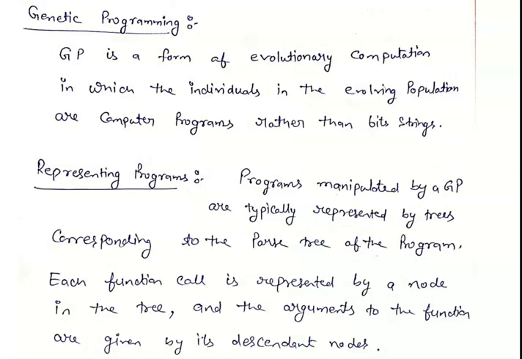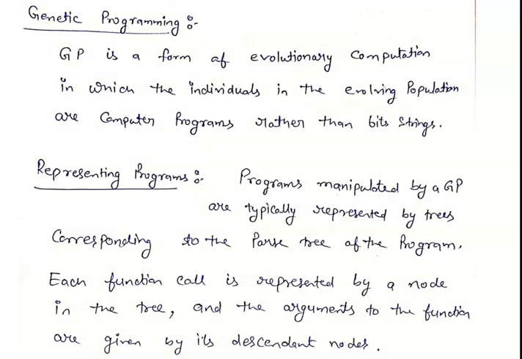Genetic programming is a form of evolutionary computation in which the individuals in the evolving population are computer programs, rather than bit strings. Genetic programming only provides a general objective and lets the model figure out the details itself. The basic approach is to let the machine automatically test very simple evolutionary algorithms and then breed the most successful programs into a new generation, while applying the same natural selection, crossover and mutations.